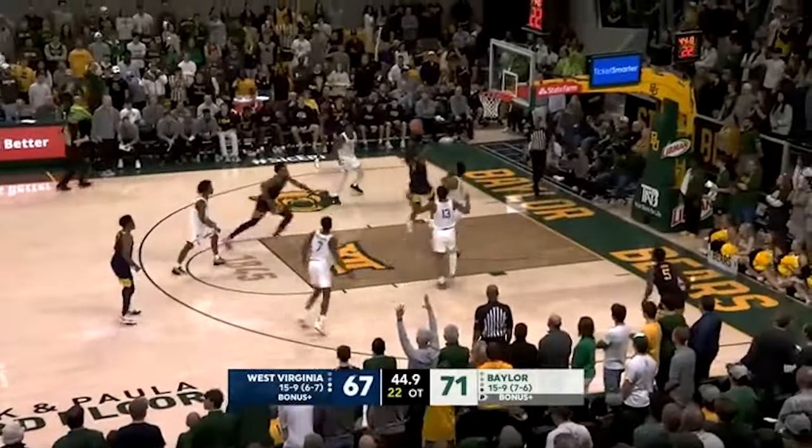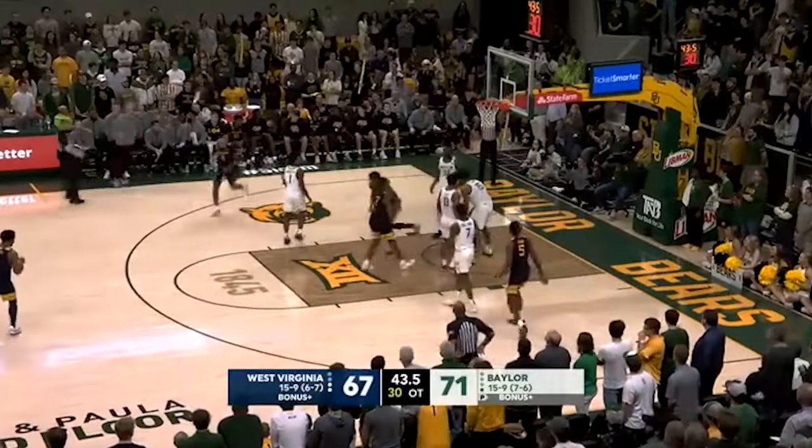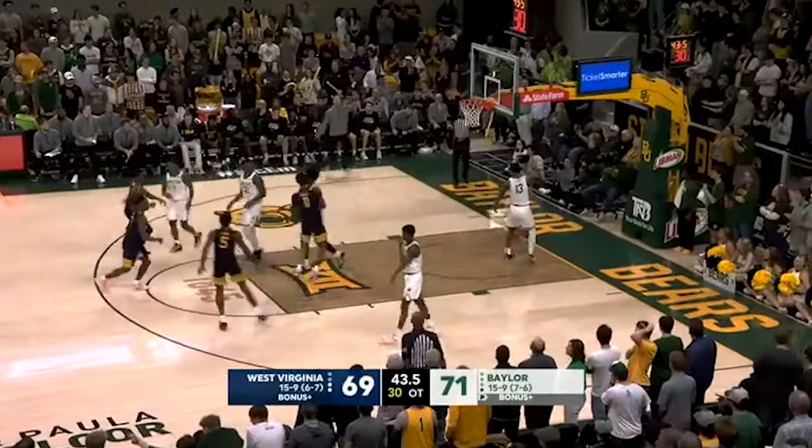Javon Small, he's played over 40. Right to the hoop and lays it in. They've gone at Omier, and it's just...